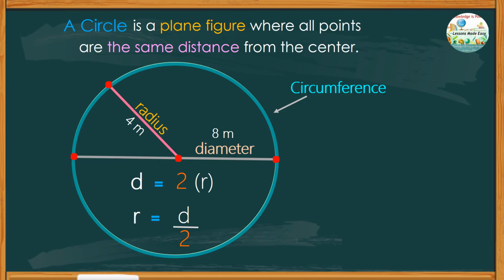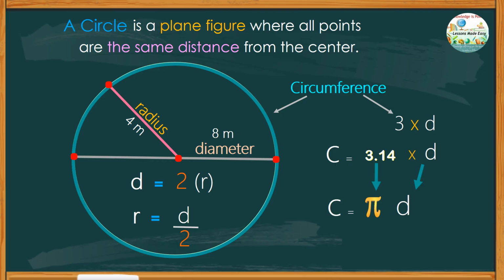To calculate the circumference, we must at least have the measurement of either the radius or the diameter. Although we can estimate the circumference, it is approximately 3 times the diameter. This is just an estimation, but if we measure it very carefully, you'll find it's about 3.14, which is represented by the Greek symbol pi. In other words, circumference can be calculated by taking the value of pi times the diameter, or C equals pi